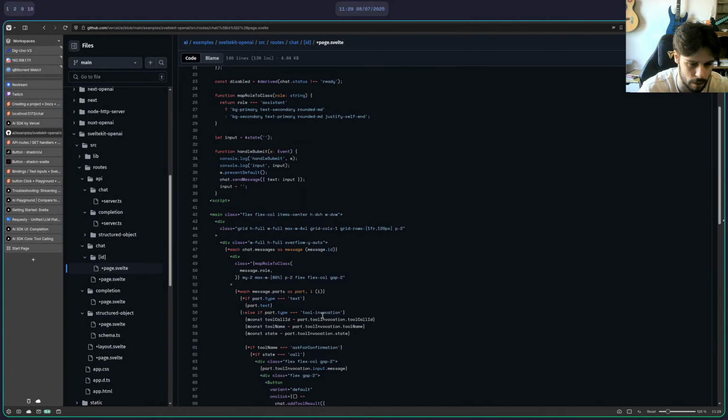Yeah, we're gonna have to do message ID, and then each message part, if part text, otherwise if it's tool invocation. Right, okay, I understand. Alright, starting to get it.